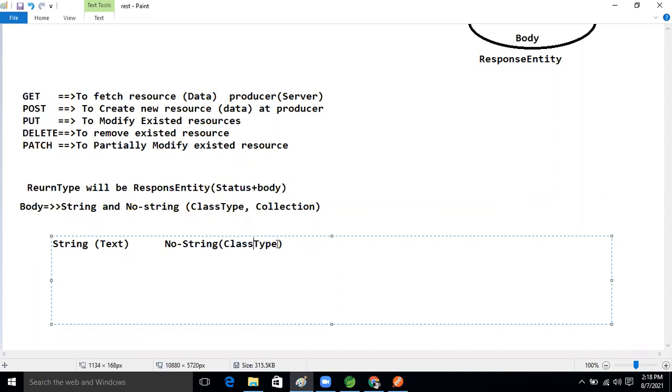These data will be converted into JSON or XML data, guys. Don't worry, I'm going to explain the API that converts our data into JSON and XML. We will work on JSON data, and how our Java object will be converted into JSON data.